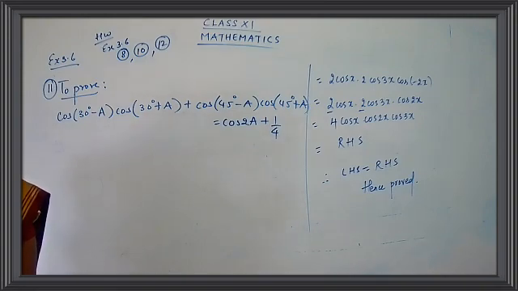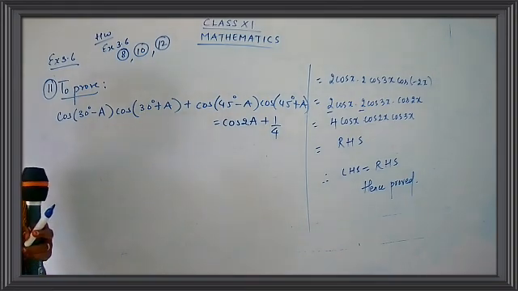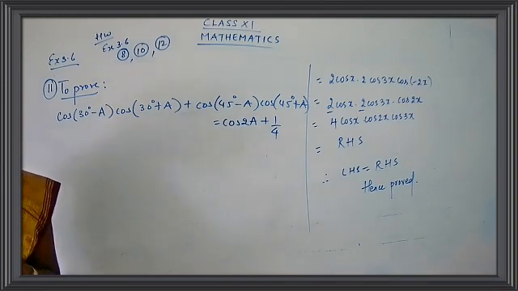You can just see some of the identities they have given over there, and already we have proved it. So what was it? If you have sine of (a plus b) into sine of (a minus b), it can be taken as sine square a minus sine square b. So we can use some of the results also as a formula. So we are just going to use some of the results from here, that is from question number 17.